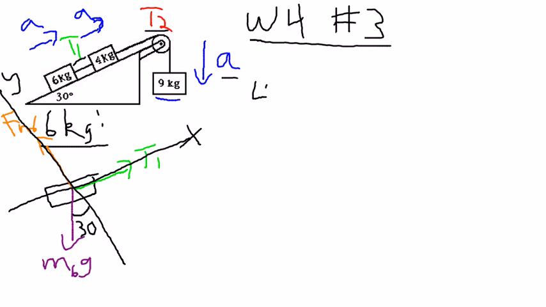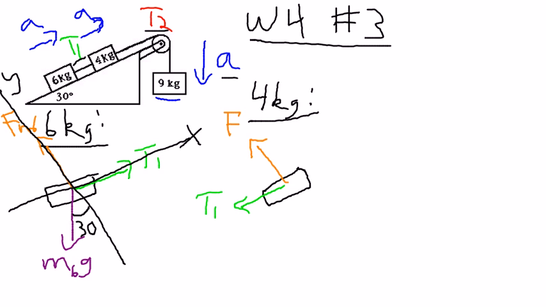Now let's move on to the 4 kilogram block. It too is at an angle on the ramp. I'm going to move it down to give myself a little more space. So it too is on an angle on the ramp. The forces we see acting on it, it has T1 acting on it, but it's actually pulling it down the ramp. Then we have the normal force, F normal 4. We're going to have T2 pulling it up the ramp,